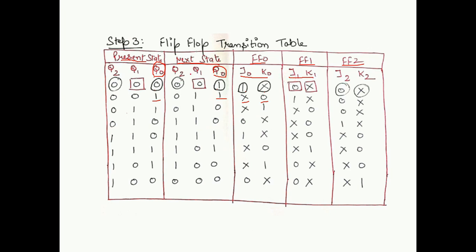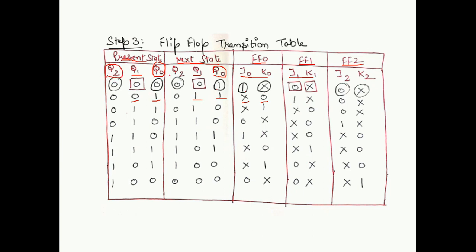Now you have to consider Q1. So present is Qn, next is Qn plus 1. Compare the values. For 0, 0, 0 cross. For 0, 1, 1 cross. Similarly, you can fill the table. And finally,